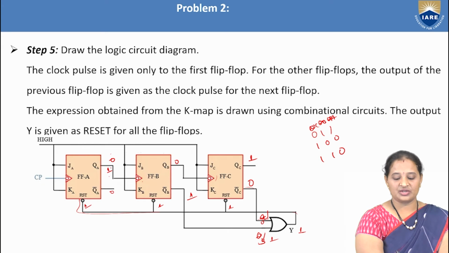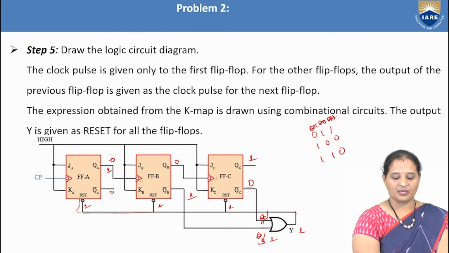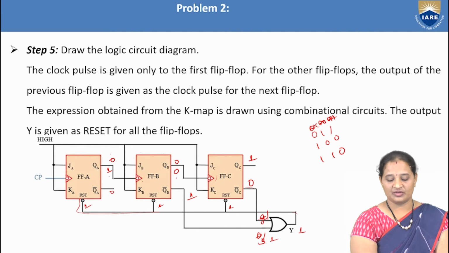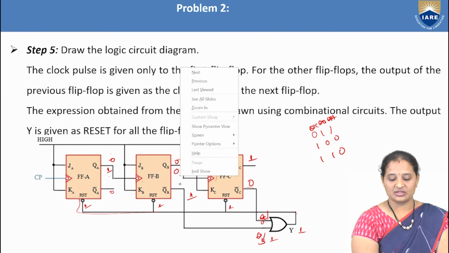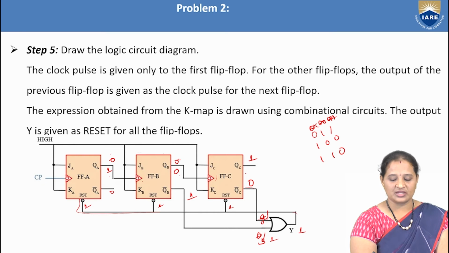So what is the transition we have here? 0 to 1. So is it a negative edge to the next flip-flop? No, it is a positive edge. It is changing the output from 0 to 1. So that means it is a positive edge. So no change in the state here. Okay, so it remains in the present state, which is 0. Now what is the transition we have here? 0 0 0. So that means a 0 to 0. So again we don't have any transition. So that is why it remains in the present state.